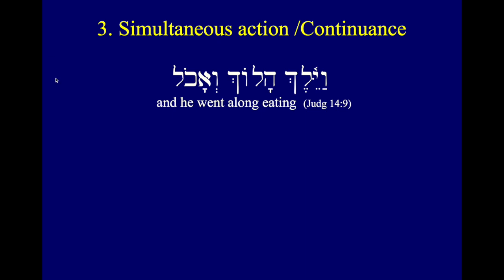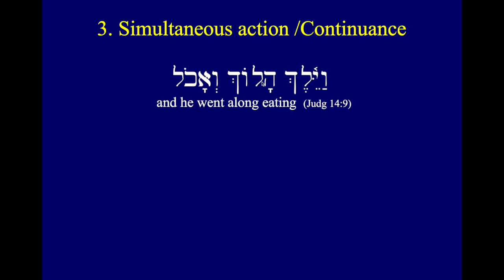Here's another potential translation possibility for the call infinitive absolute, and that is simultaneous action or continuance, like if two things are happening at the exact same time. So here we have a sentence here, Vayelech haloch va'achol. You don't quite know this yet, but Vayelech it's a Vayic tol form, right? You know that. But it's the form of the verb halak. That first hey in halak, it's strange. It's the only hey that first hey that kind of does this, but it just vanishes. But in any event, here's another form of that verb afterwards, halach. So you could say, and he went